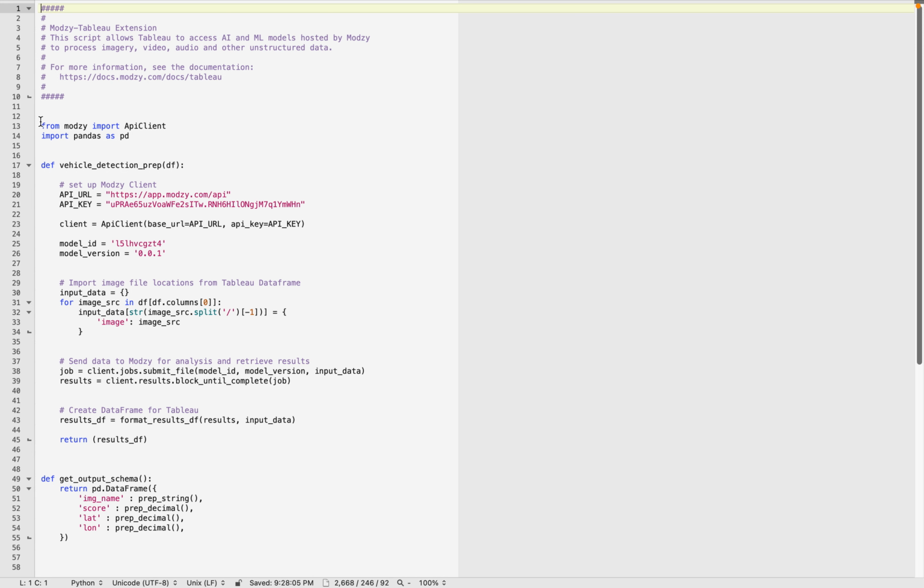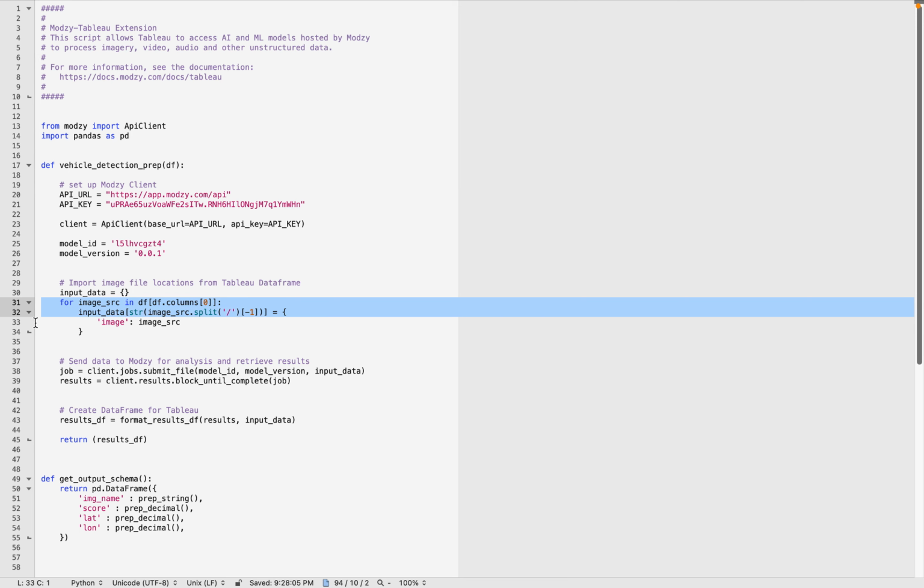Normally, I'd kind of gloss over this part, but today is a tech talk, so we'll go a little bit deeper into the actual code. I haven't changed very much here. I've added my private key. I've added my API that's specific to app.modzy.com. But this could be your own internal usage, your own internal Modzy server.